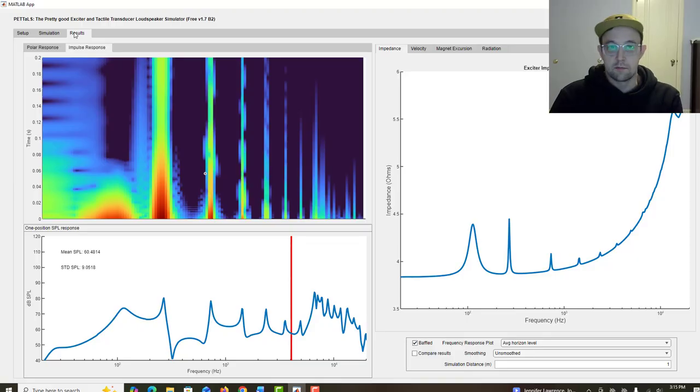Okay, look at that. We've got some results. And the reason why I did that simulation is because we've got really discrete, clear peaks in the frequency response that lead to really clear columns of ringing in the impulse response. So you can kind of match up, you know, this peak goes with this column,